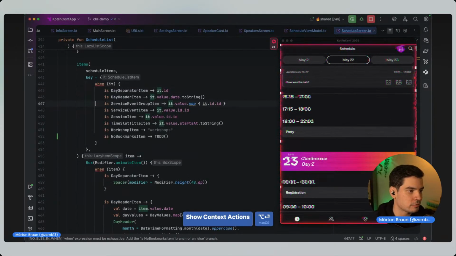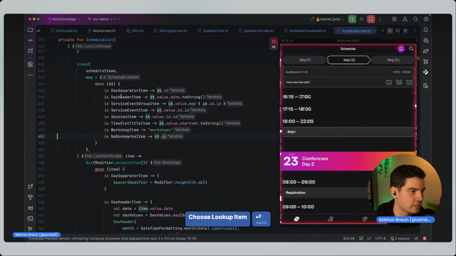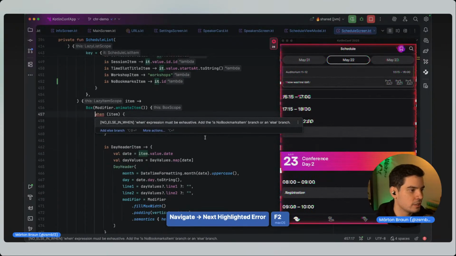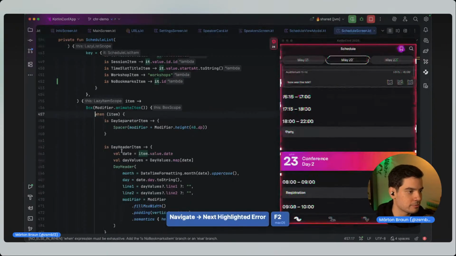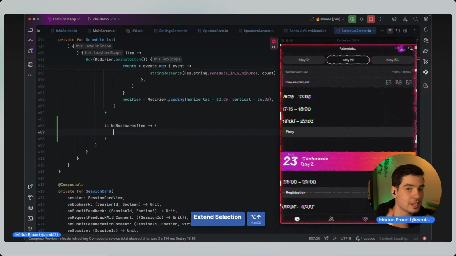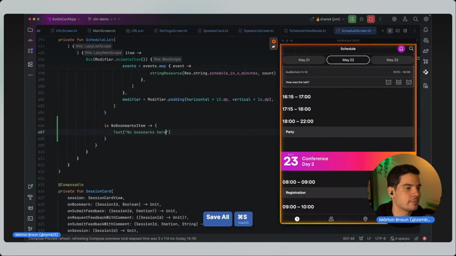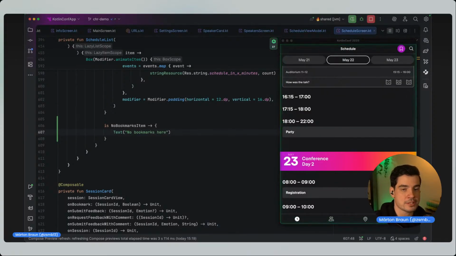So if I add all of the remaining branches in here, for example, by filling out this ID generation and then this other when statement, which is responsible for actually rendering each of the items that are in the big list, then I can add some kind of UI representation for the new items that we're now generating, like no bookmarks here or something like that. And now that our code is in the green again, we'll see that hot reload happens,